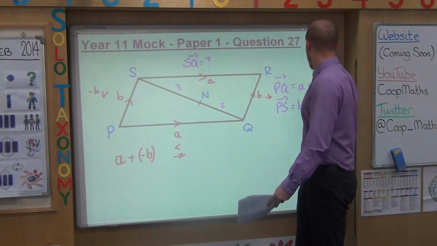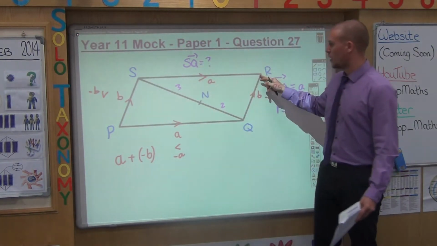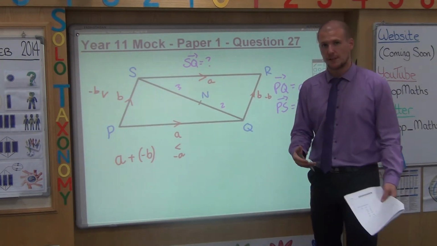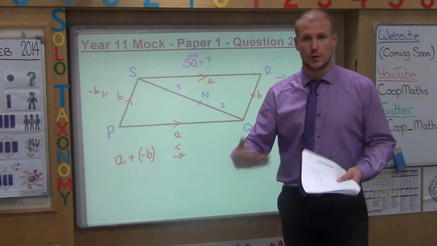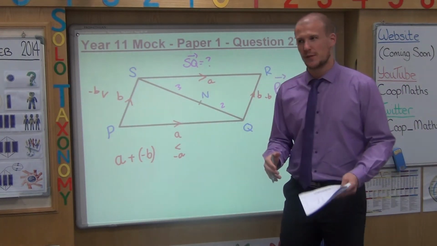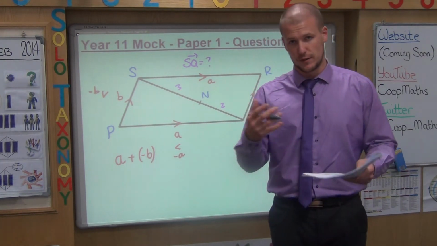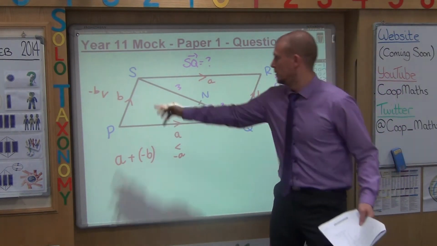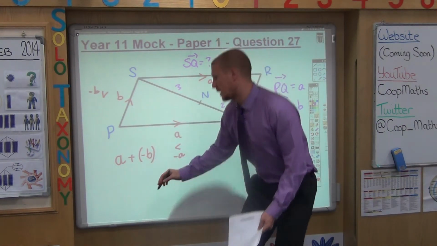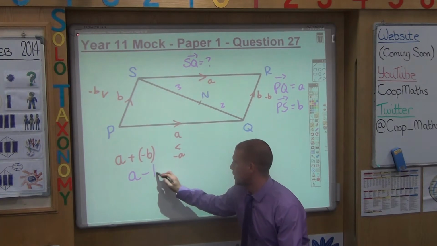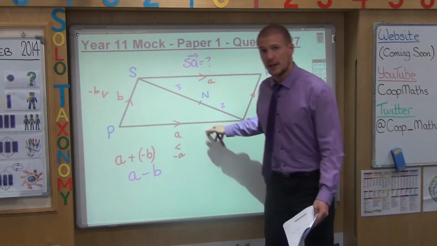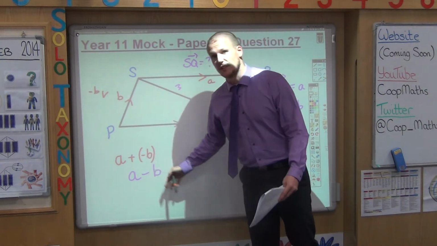Say that again. The journey from S along to R is described as A. The journey from R down to Q is described as negative B. When you take the sum of two journeys to give you one big journey, you're adding them together. A plus minus B is the same as A take away B. Of course, if you went the other journey, you'd have minus B plus A, but minus B plus A is exactly the same as A